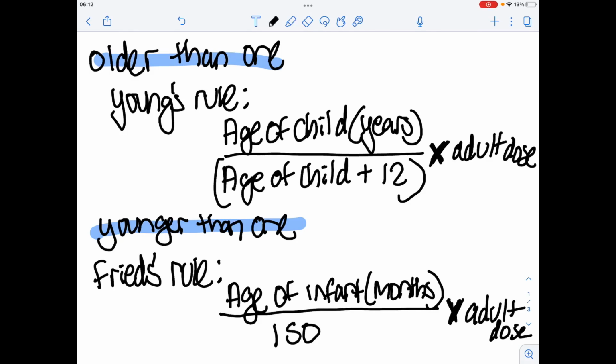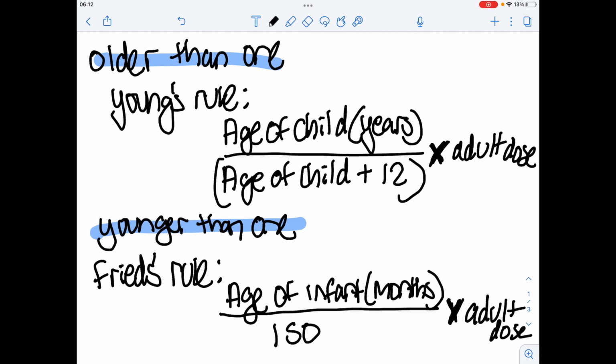So today we're going to be looking at pediatric dosing, specifically relating to age and weight. First off, pediatric dosing based on age. If the child is older than 1 year old, we would figure out their specific dosing using Young's rule,